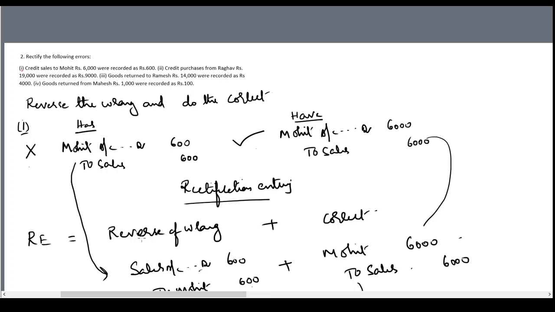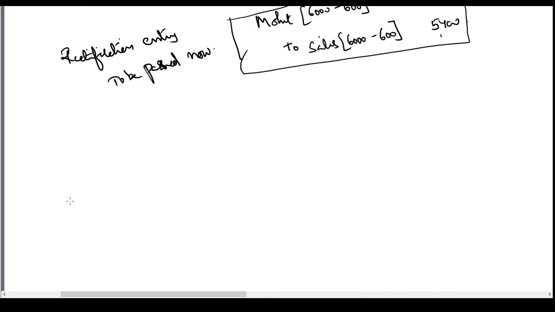Credit purchases from Raghav rupees 19,000 were recorded as rupees 9,000. So what is the wrong entry you have passed?